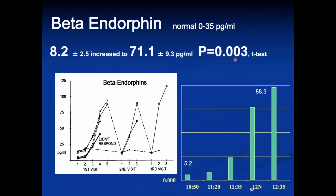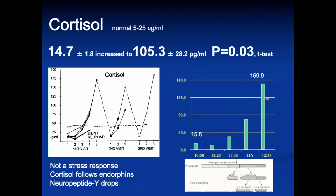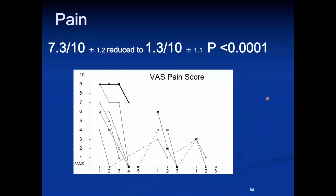Endorphins went up. That's the one side effect with this treatment: the patients get pretty stoned. They get relaxed, floaty, kind of an induced euphoria. It's quite pleasant. And they go up by a factor of 10 times. Cortisol goes up, but it's not a stress response because neuropeptide Y goes down, and that's way too complicated to explain in this webinar. Pain scores went down from an average of 7.3 to 1.3, and that p-value actually has